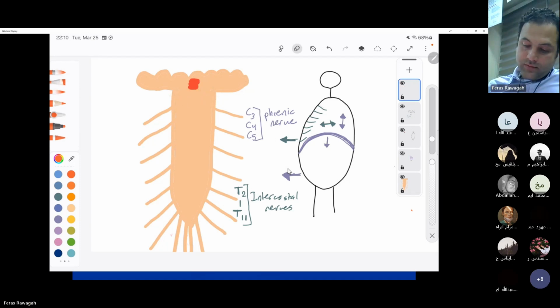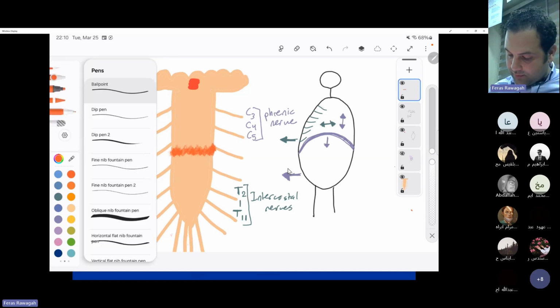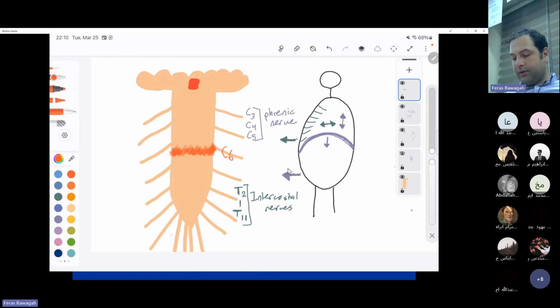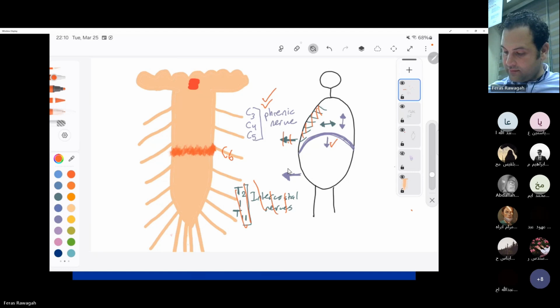What will happen if, for example, the injury happens at the level of C6? What will happen in this case? In this case, the phrenic nerve is still working, the diaphragm is still working, but the intercostal nerves will stop working. What will happen in this case? Actually, in this case,